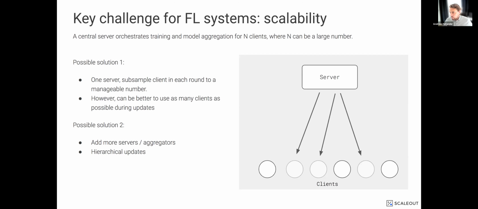Was there a question? No, I thought you raised your hand. Yeah, it's quite clear. Yeah, so then